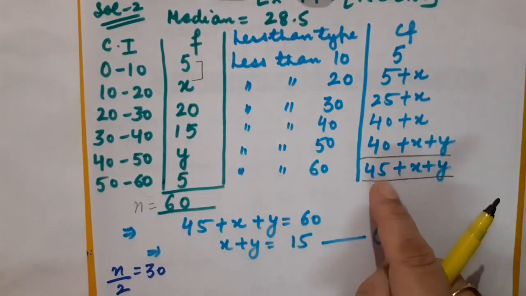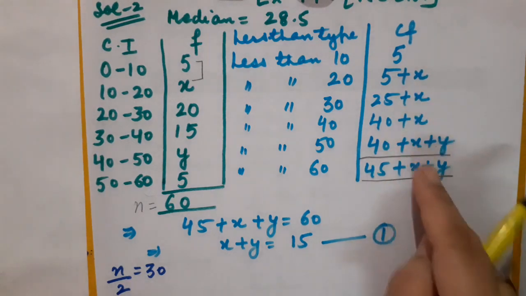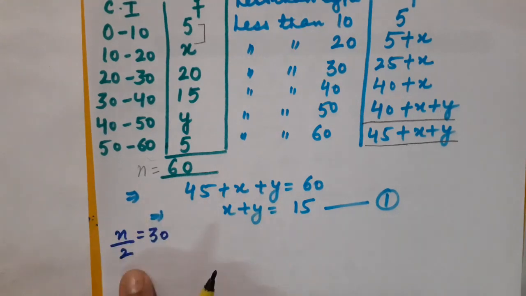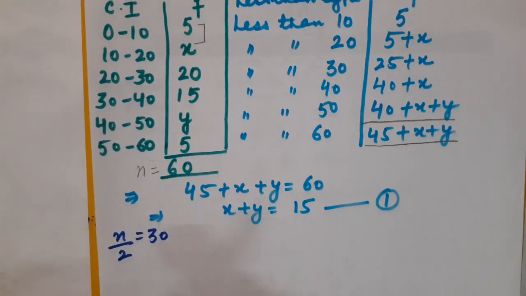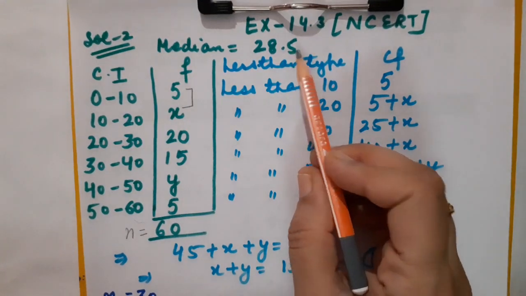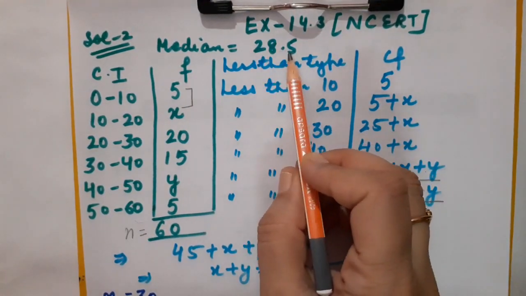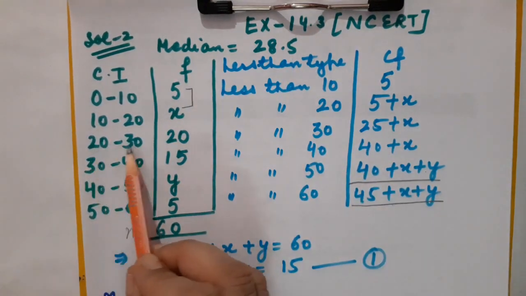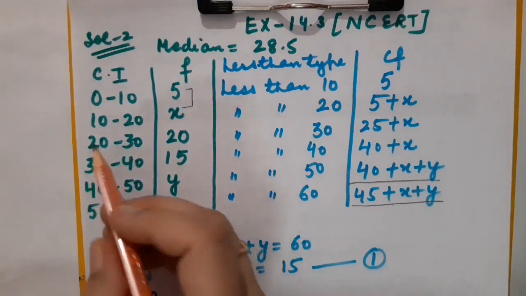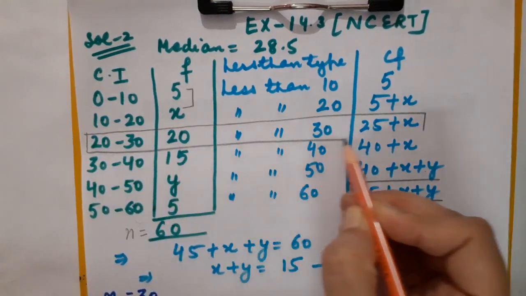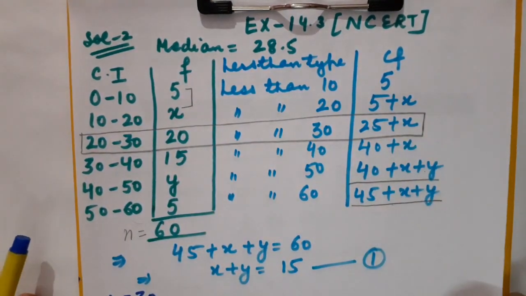So children, whenever there is a need to calculate missing frequencies and median is given to us, then we are not going to adopt this method which I told you in my previous lectures. Okay. So in that case, what is to be done? Children, whenever you will be having median given, then you have to use that median. Okay. So see, this is 28.5. In which particular class interval does it lie? You know 28.5 lies between 20 to 30. So let us make a big box. This is the box for choosing the appropriate median class.